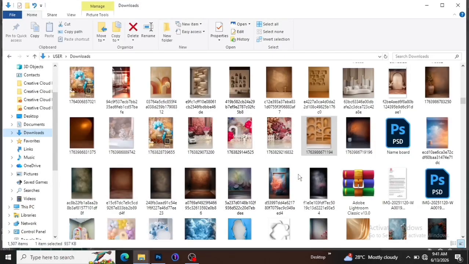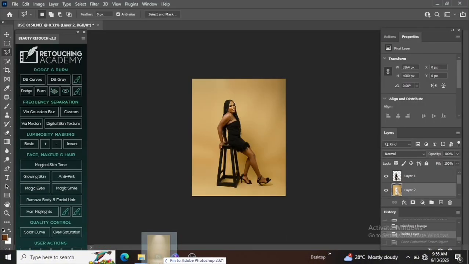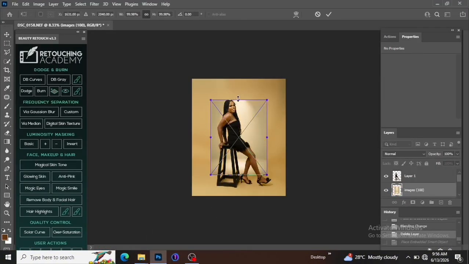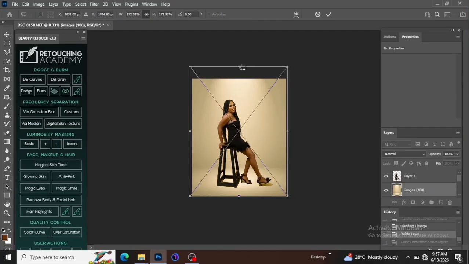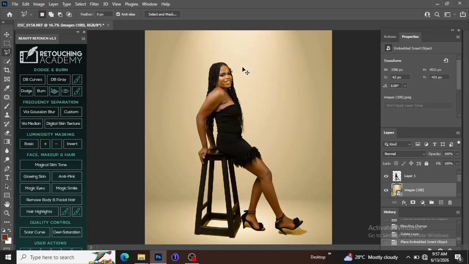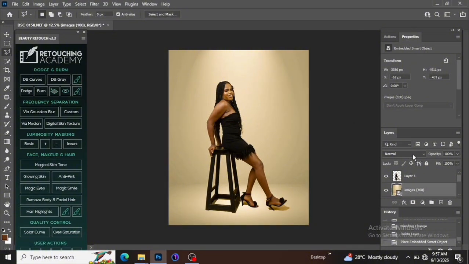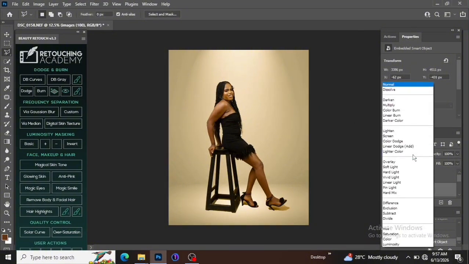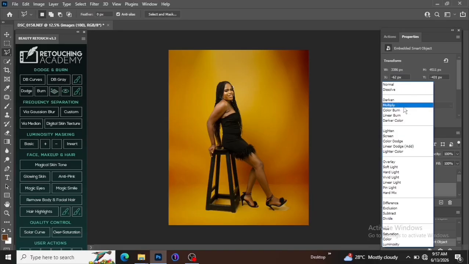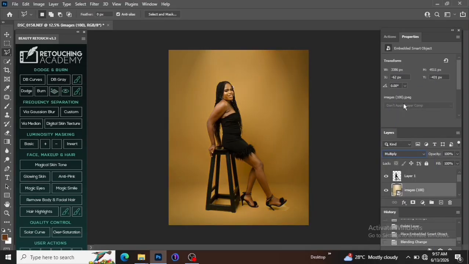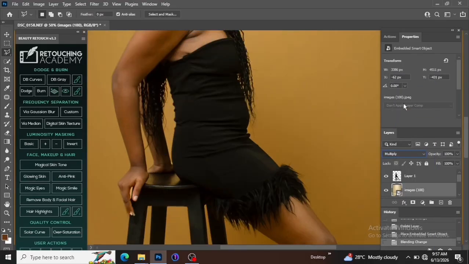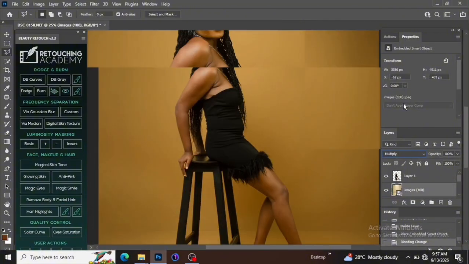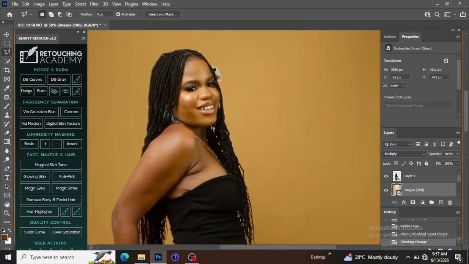Let us test this one. Okay, let me just go with this one and see how it will look, though it's almost kind of the same color. Okay, this one is nice. Let me change it to multiply. Okay, I think I like this. The next thing I'll be doing is,